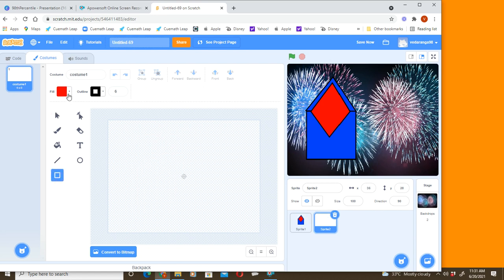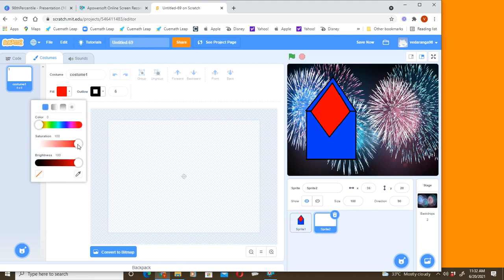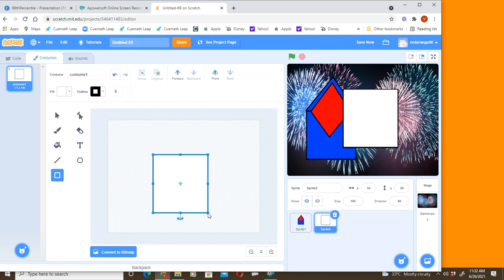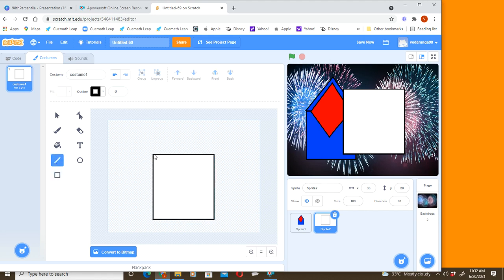So I'm going to fill the color as white because the card was white. Your outline can be the same. So there's your card. You can make it a little bigger if you like. And I need to get a line, something like this. Yes, so that it looks like a card, and join it, and do not forget to make the bottom line as well, since you have to